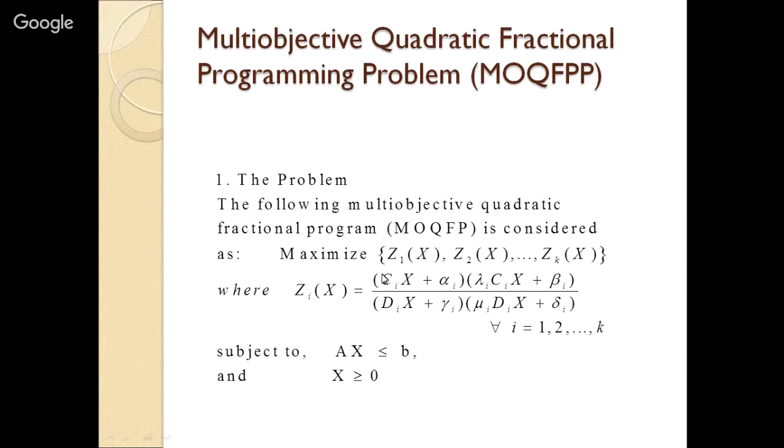We can also write the numerator part as x transpose Dx, and the denominator we can also write as x transpose Ex. D and E come in here. So this becomes the quadratic fractional. It has the properties of quadratic as well as fractional. So it becomes more complex because now you cannot